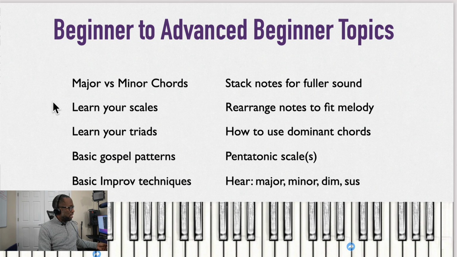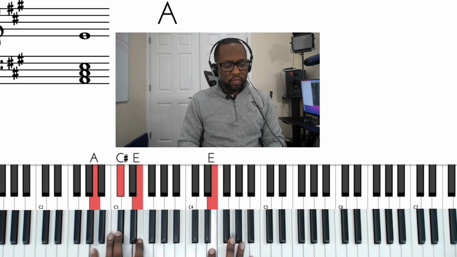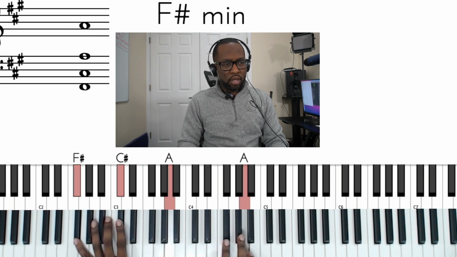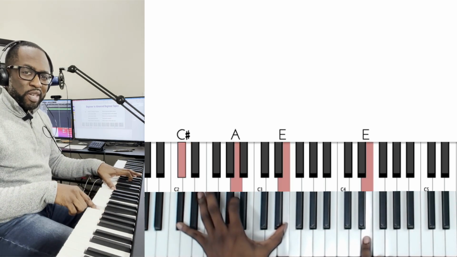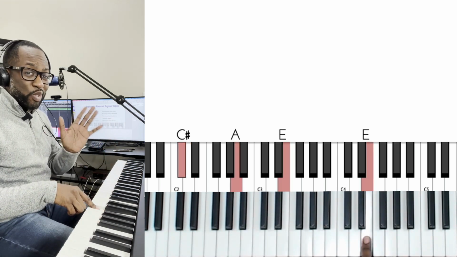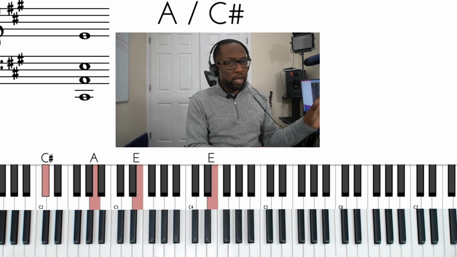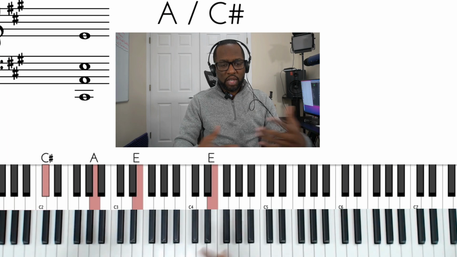Stacking notes for fuller sounds, for instance, playing dominant chords. All of these are beginner topics for an ear musician, but it's something that you need to know how to do. So for instance, instead of going that 4 chord, that 6 chord, like that would be played like this. It's beginner because I'm still using basic triads, but see the way I'm voicing these things sounds so much better. And so I call it beginner because again, it's just rearranging the notes, making them sound a lot better, but it's still using basic chords.